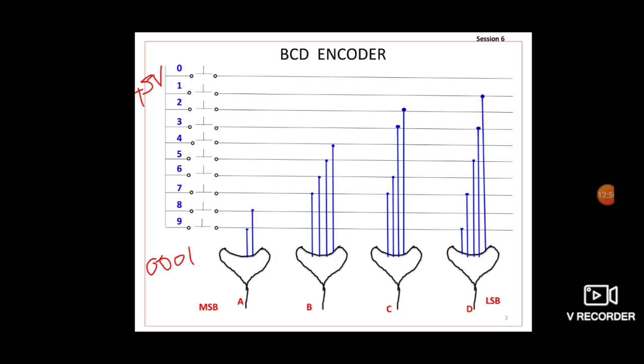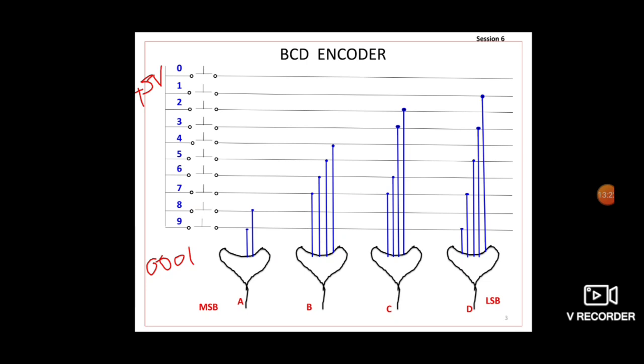What is an encoder? If any one switch is pressed, these are close switches, meaning this line is connected, and then the corresponding BCD code will be displayed. Okay, this circuit is also included in a calculator, but